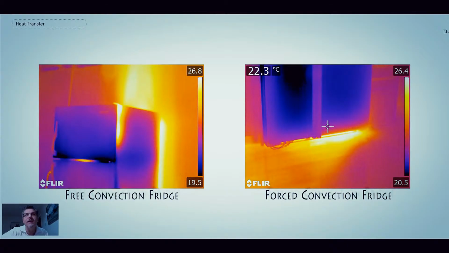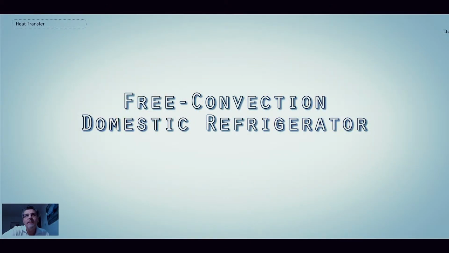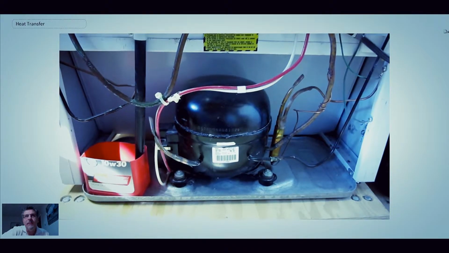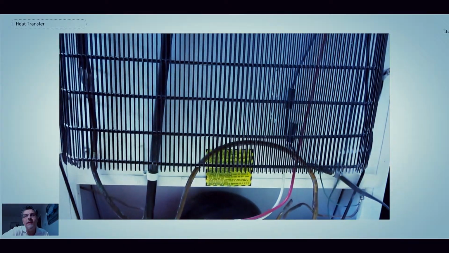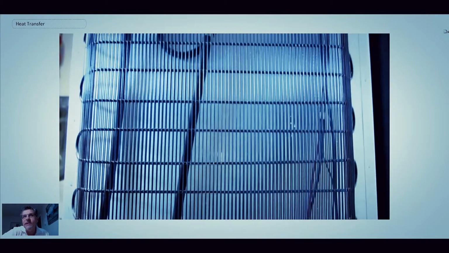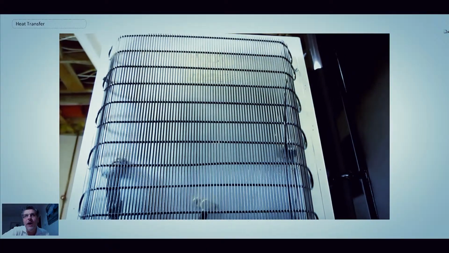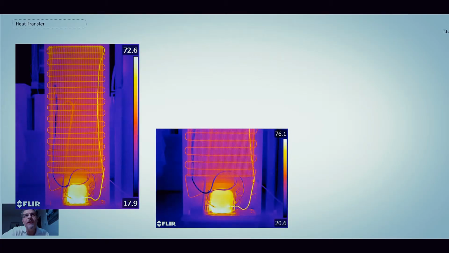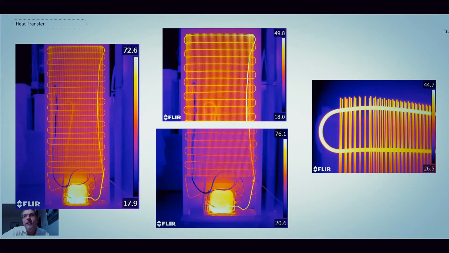Refrigeration systems, we're going to look at two different types. We'll look at what I call a free convection refrigerator and a forced convection refrigerator. So let's begin with the free convection. And so there you can see the compressor at the bottom, and the heat rejection in this cycle is through coils that are on the back of the refrigerator, and those coils are connected to wires that are essentially acting as fins, and then you have natural convective heat transfer. So those coils are hot, and there when you look on the IR camera you can see the compressor is very hot. You have the hot refrigerant going up and then coming through the coils, and that's what rejects heat